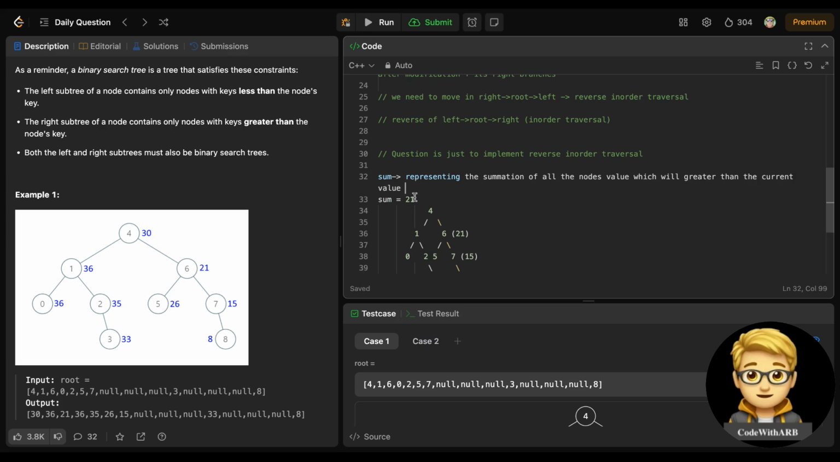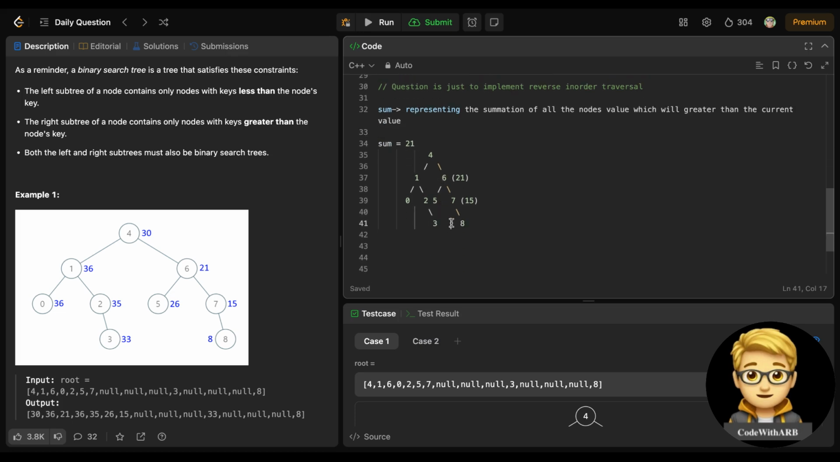Because we have started our traversal from right, then root, then left. So ultimately I am traversing from the greater elements to the lesser elements, in decreasing order, right? So that's why it will always be the summation of all the nodes' values which are greater than the current value. It will only add those values which are greater. If you see here, this 6 is included 21, and when we move to its left, this 5